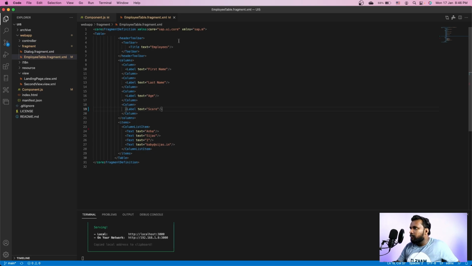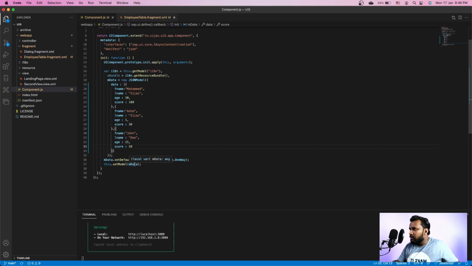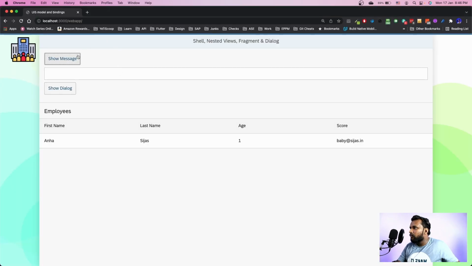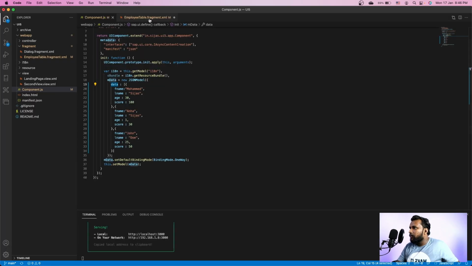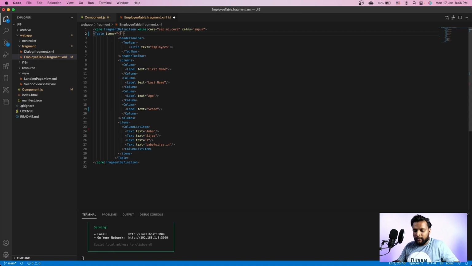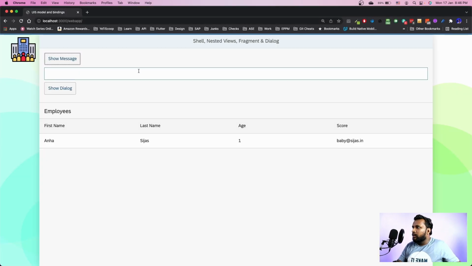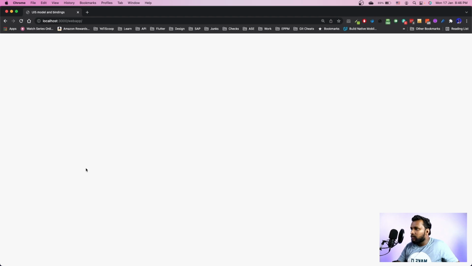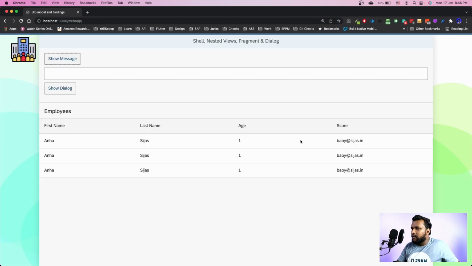And we have to do an aggregation binding for the table. So we will have something called items, which is pointing to our model. Our model is the default model, so we will directly bind to data. I'll go to the employee table and give /data.